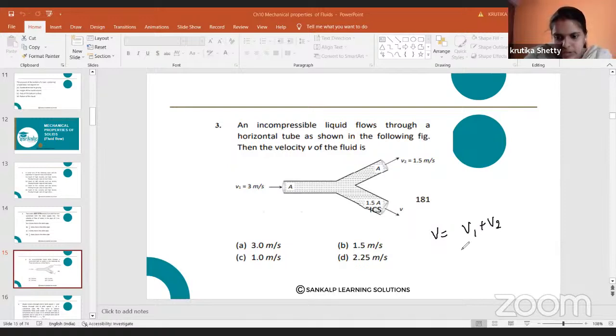So it is again based on the equation of continuity itself. Instead of taking it as velocity, I'll just take the equation of continuity. Let us make a small consideration here. Our equation of continuity, that is AV is equal to constant